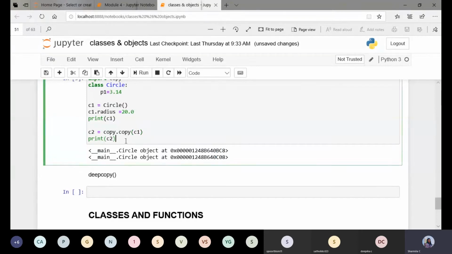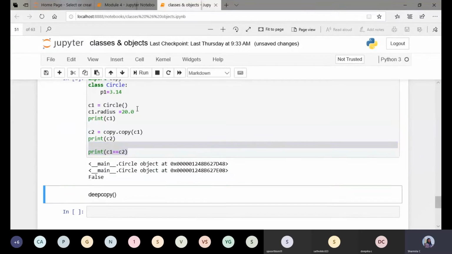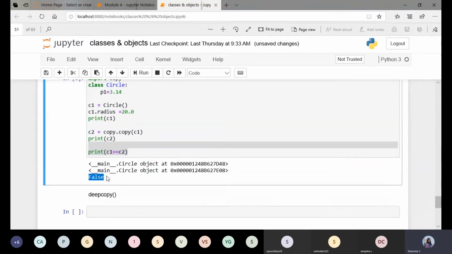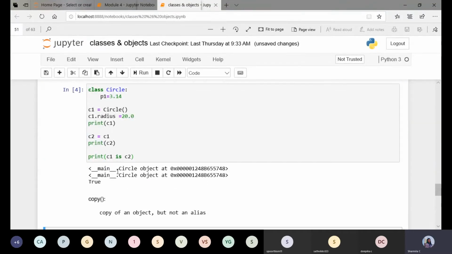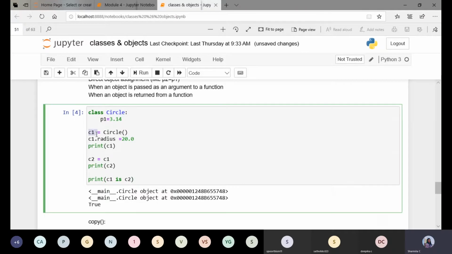Now check whether these two objects are the same or not. Just check with print C1 equals C2. You should get the answer as false. Can you see here now? You can see the answer is false. But with the assignment operator, these two objects are exactly the same, just like giving a different name to the object C1.